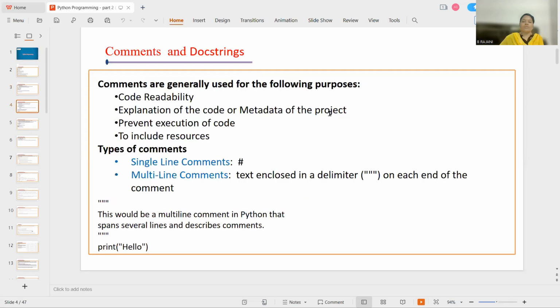So what are comments used for? Comments are used for the readability and explanation of the code or metadata of the project. And it prevents the execution of the code, and can include what are all the resources we used for the program. So there are two types of comment lines, single line comments and multiple line comments. As I told you, single line comments are preceded by the hash symbol and multi-line comments are not